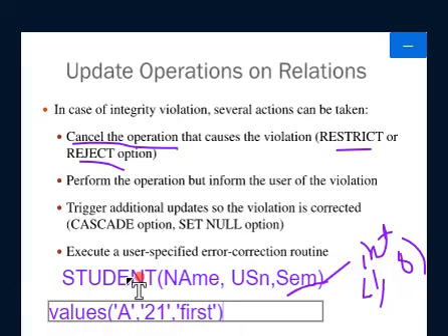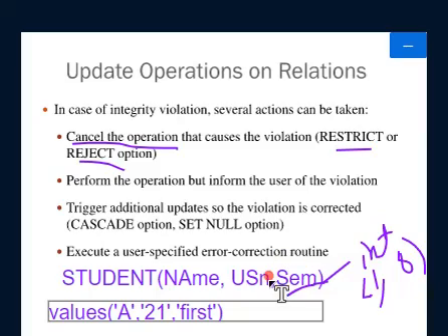Hope you are understanding. Into the student relation I am trying to enter the value A to the name, 21 to USN, and first to semester. What is this? Semester I have defined as int, and I have told it should be 1 to 8, integer values only. But what I am doing is performing the insert operation and entering the values like this: A into the name attribute, 21 into the USN attribute, and first into the semester attribute.